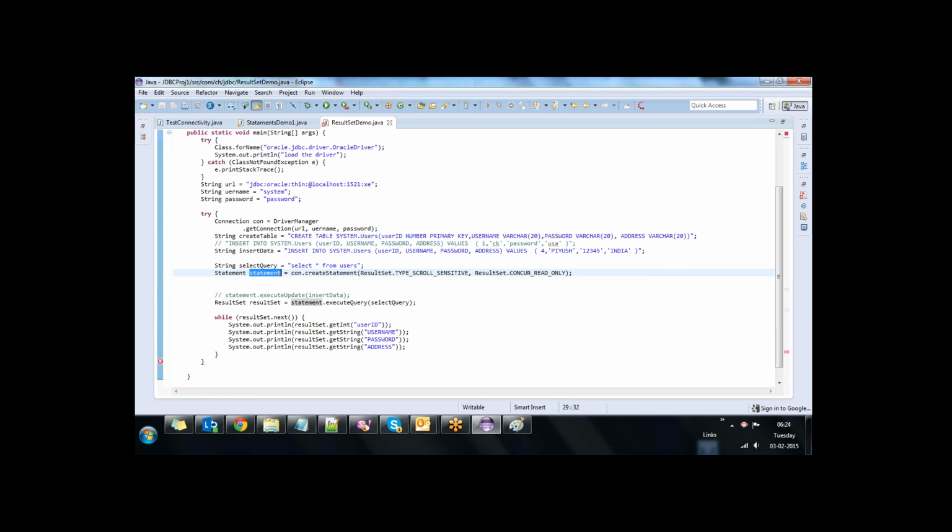I see here I am getting the statement itself, with result set type scroll sensitive and concurrency read only, based on create statement. Once we get this, once we execute this query,